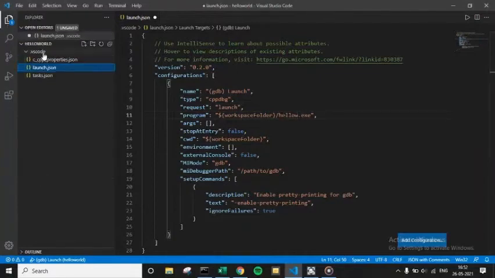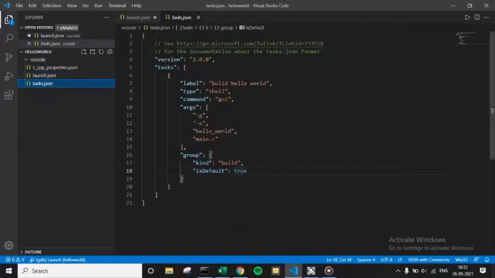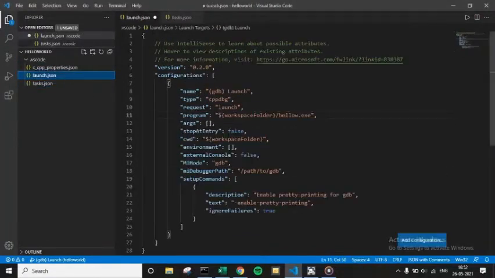Just a minute, what did I do here? Hello world.exe, and you should see whether stopAtEntry is true or false. If it is false, change it to true.